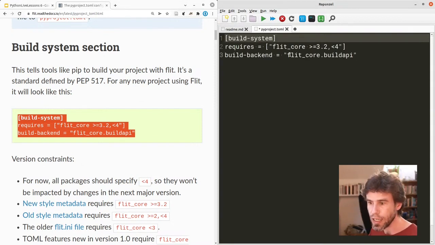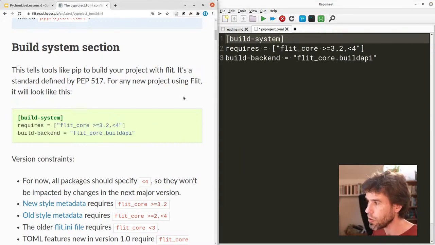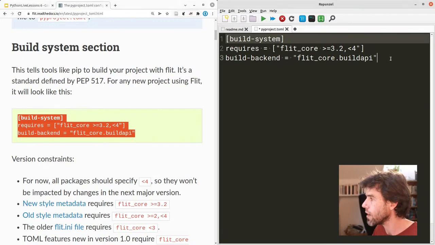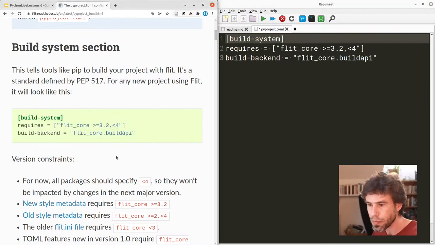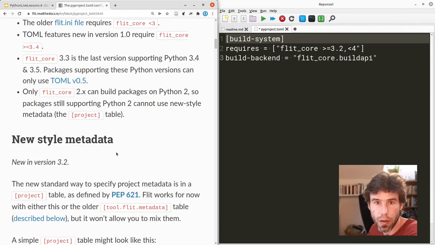I don't know exactly, but basically they try to make flit also backwards compatible with older packages, and then you could indicate other things in here. But for our purpose, we just want to look towards the future and copy their recommendation. This is the metadata that we need to have in any case, without really understanding what it means. This is at the top. This is a bit of black magic,